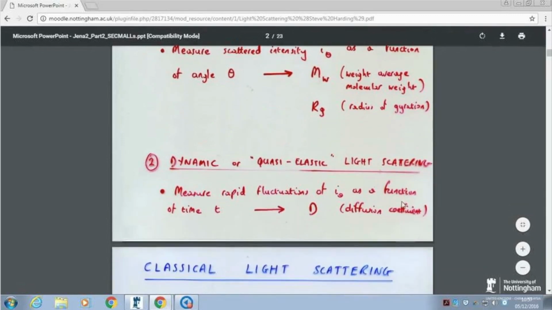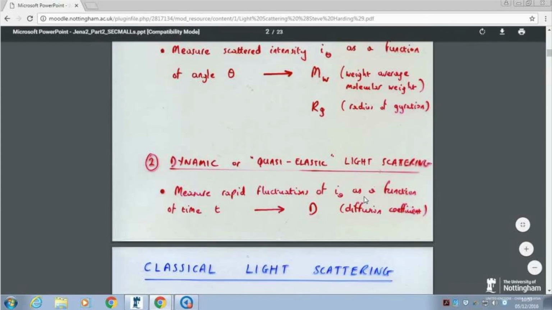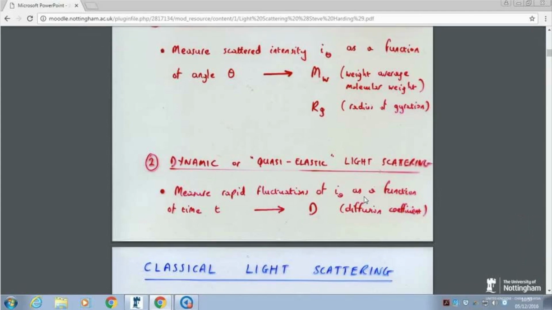And there's a second type of light scattering called dynamic light scattering, where you don't measure the total intensity as a function of angle, but you measure the fluctuations in intensity at a given angle, because the particles are moving about. You know, they don't stay put. They're moving about due to